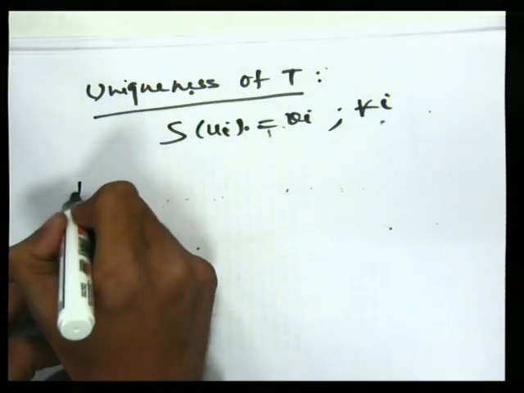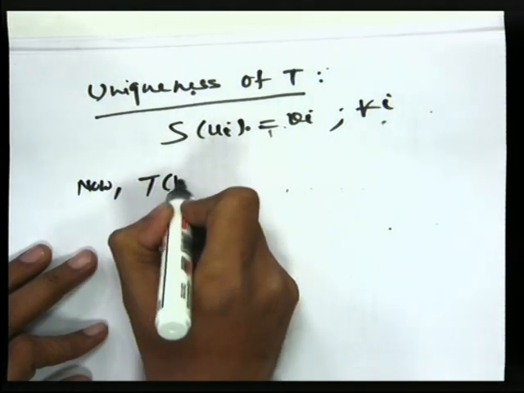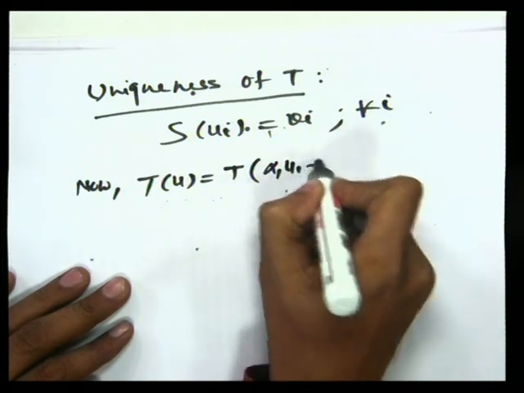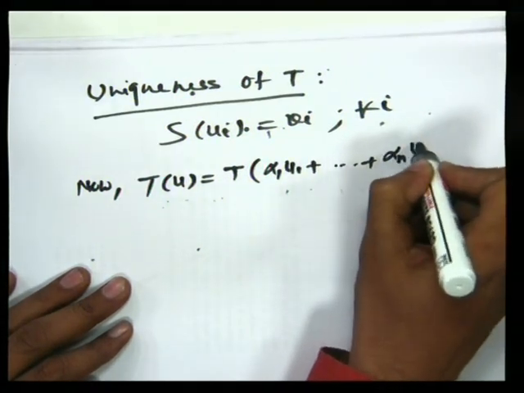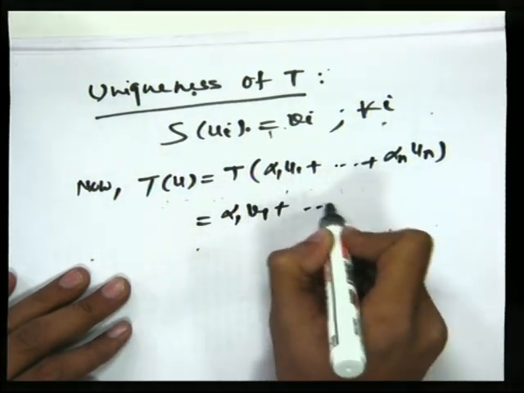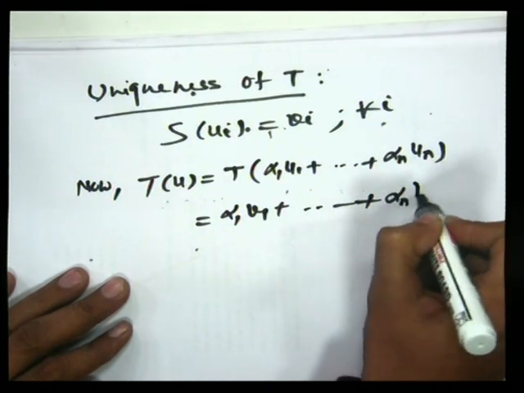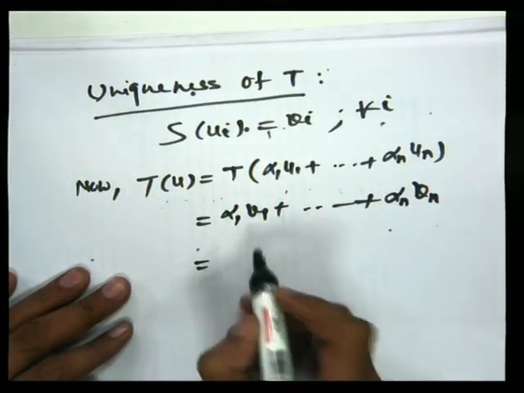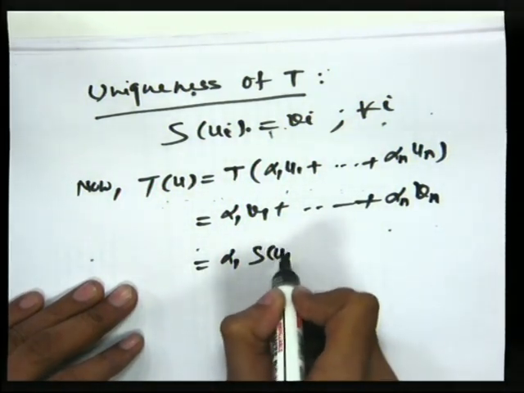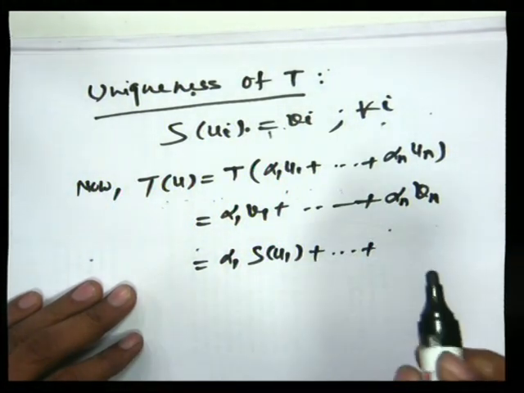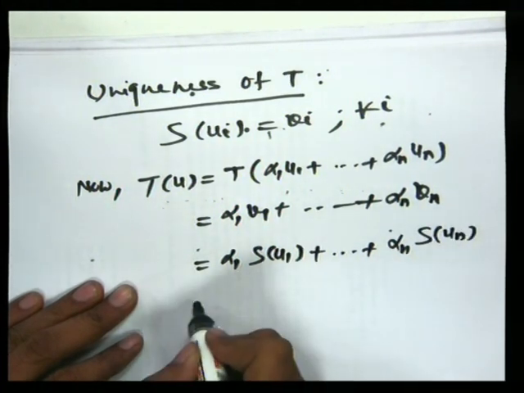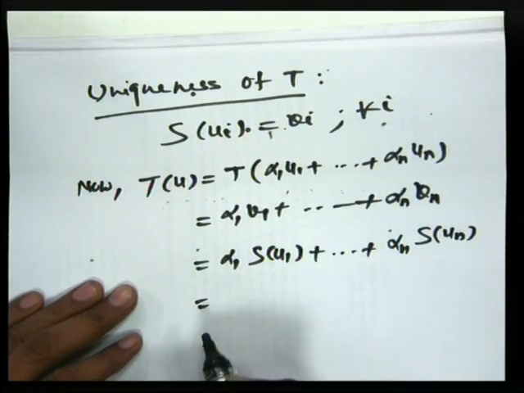Now we have t of u is equal to t of alpha 1 u1 plus up to alpha n un, which is equal to alpha 1 v1 plus up to alpha n vn, which is equal to alpha 1, now we can put v1 is equal to S of u1, plus up to similarly alpha n times S of un. Now S is a linear transformation, so